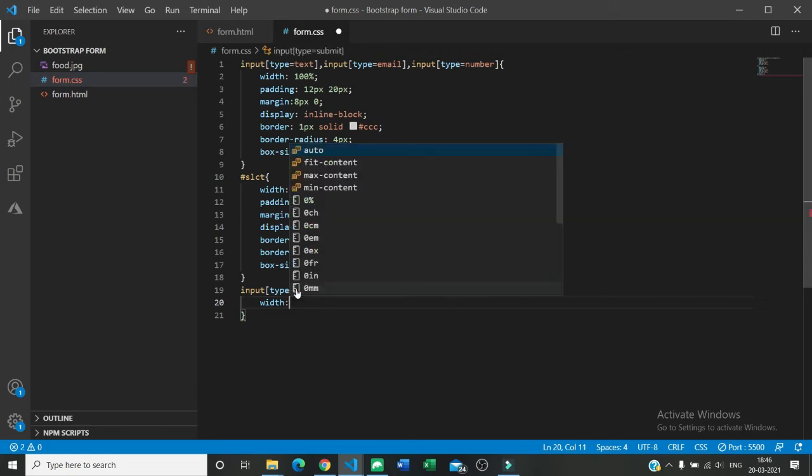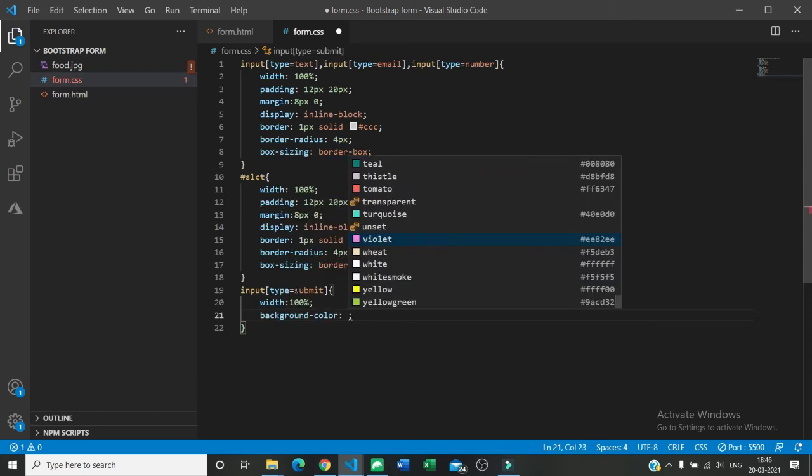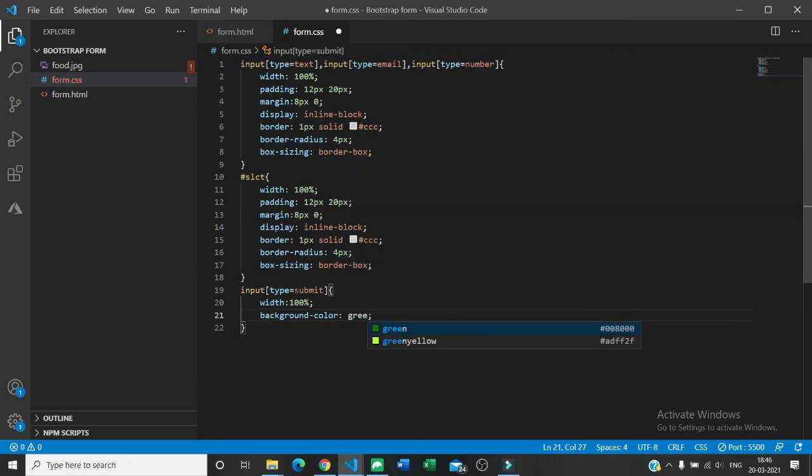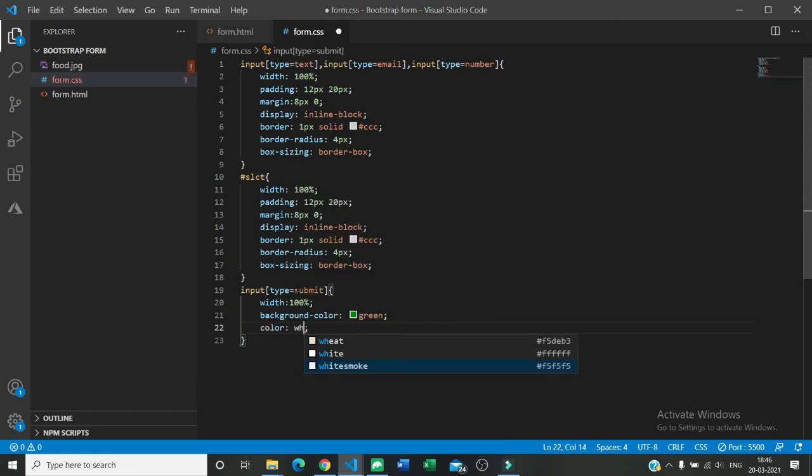Now background color, let's give background color green. Now I want the color of the text to be white, so color should be white smoke, let's say.